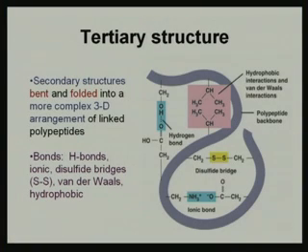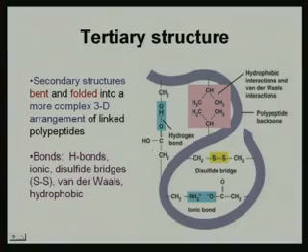So when we are talking about this tertiary structure, the secondary structure, when it is getting bent or folded into a more complex 3D structure, we call it a tertiary structure. Here, besides the peptide and the hydrogen bonding, we can expect all possible other bonding like ionic, disulfide, van der Waals, hydrophobic and so on. Every bonding is possible because it is more and more folded together to form this structure.